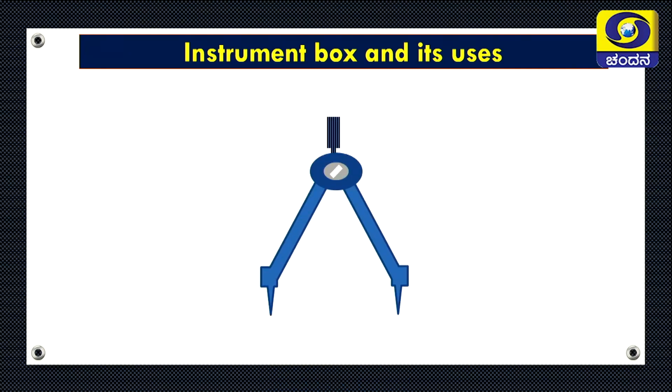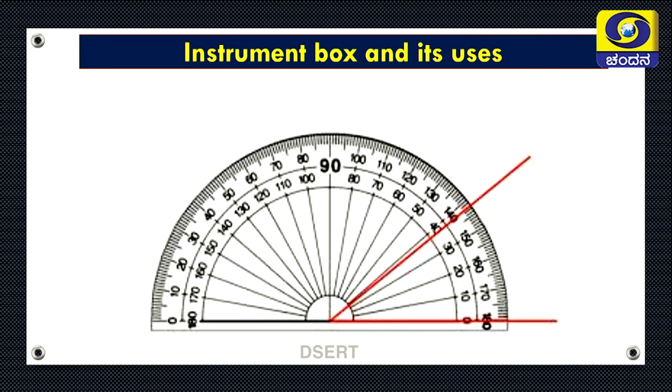Next one is divider. It looks similar to the compass with its V-shaped structure. However, it has pointers on both ends of the V. The distance between them is adjustable and it is used to measure and compare lengths. Next one is protractor. It is a semicircular disc used to draw and measure angles. It is graduated from 0 to 180 degrees and can be directly used to measure any angle within its range. It has two sets of markings, 0 to 180 degrees, from left to right and vice versa.